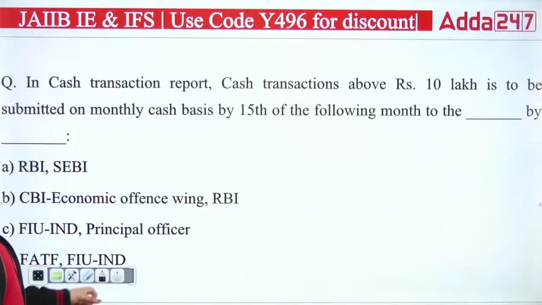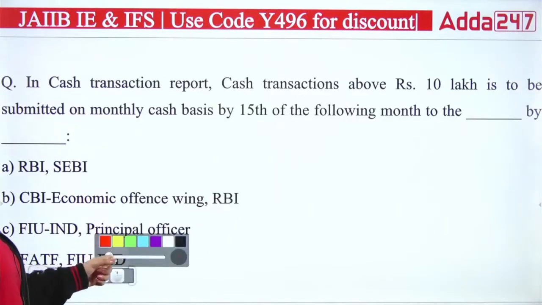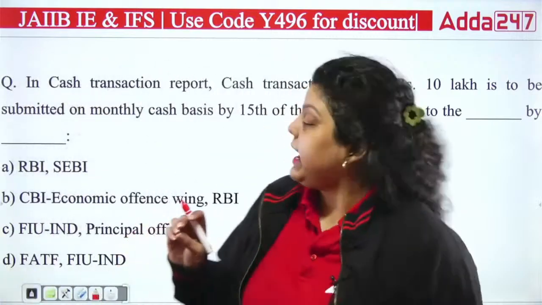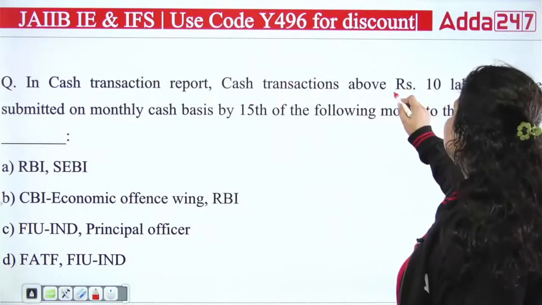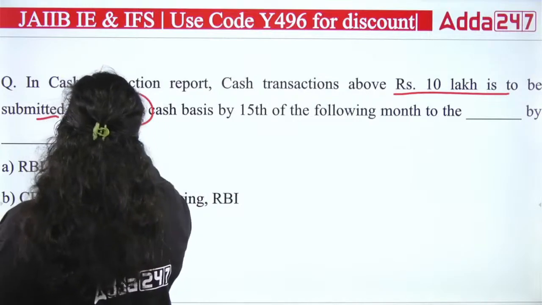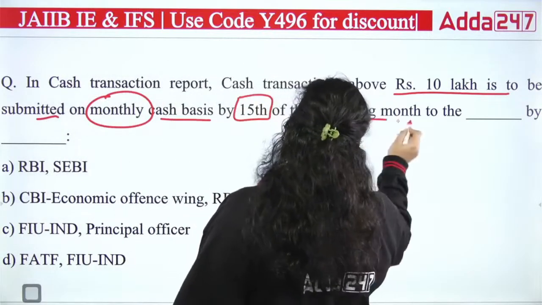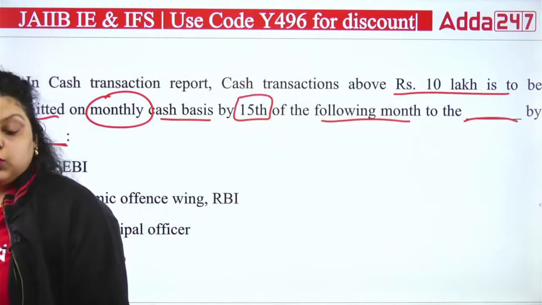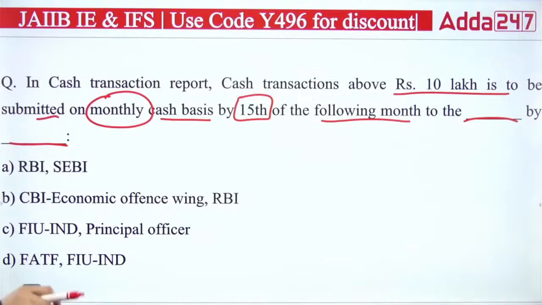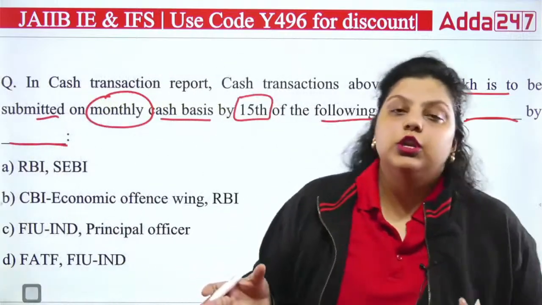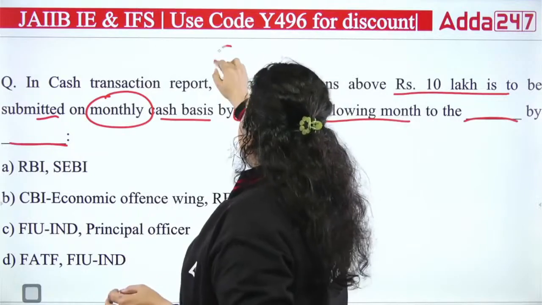PPB, in which the first question is talking about the cash transaction report. A cash transaction above 10 lakh is to be submitted on a monthly cash basis by 15th of the following month to the dash. So the question is simply asking, if someone is performing a cash transaction and that cash transaction is above 10 lakh rupees, in that situation you have to submit a report, that is a cash transaction